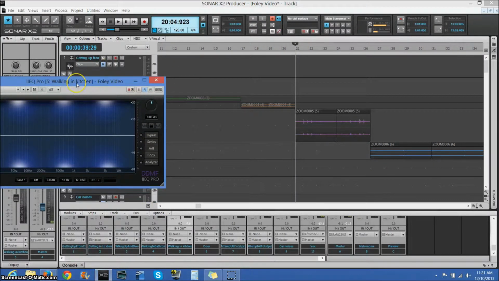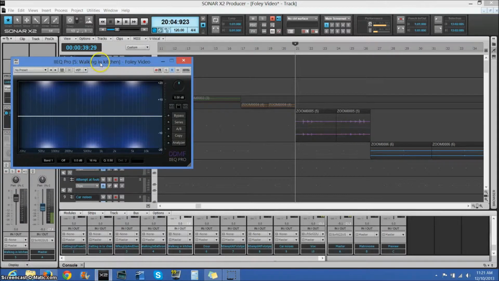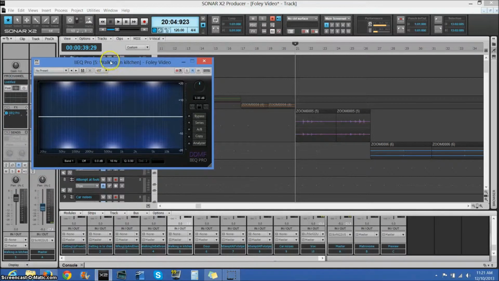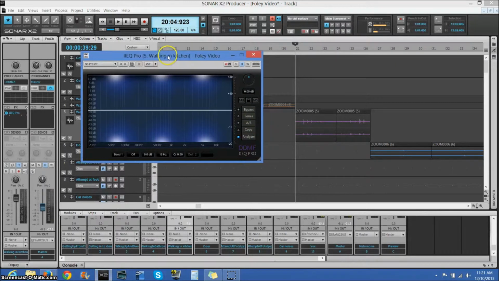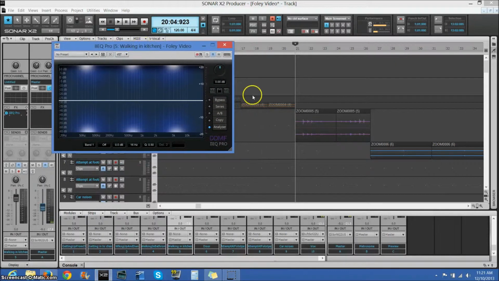This was like $5 or $10 on their website when I got it. I don't know what it is now, but back when I got it, it was very inexpensive. So this is a multiband equalizer that also has an analyzer attached. And what that means is if I were to play,